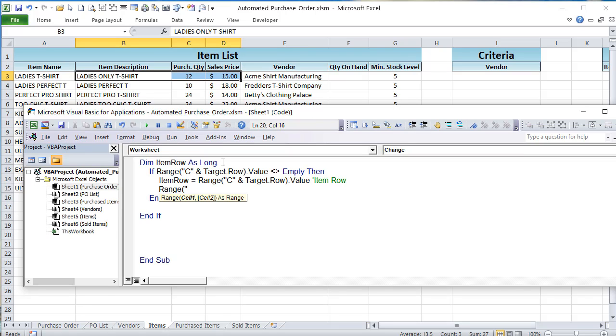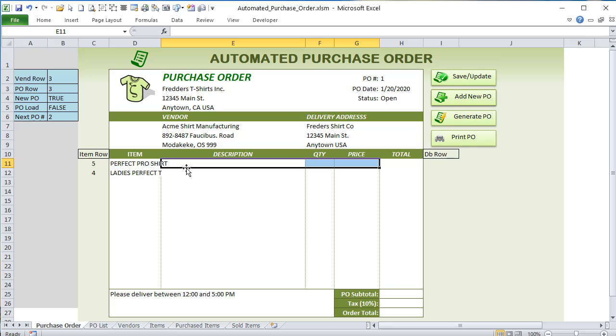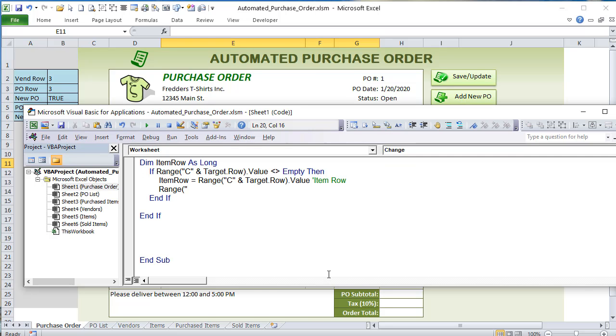Range on the purchase order, E through G. What is the row? It's the target row. So let's write that: E and the target dot row, all the way through colon G and the target dot row dot value